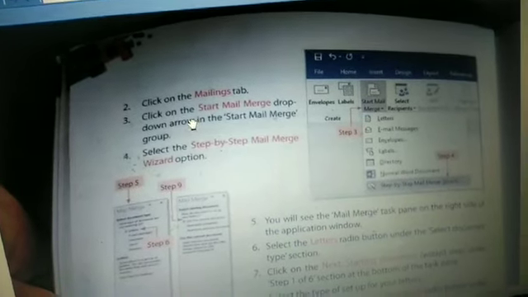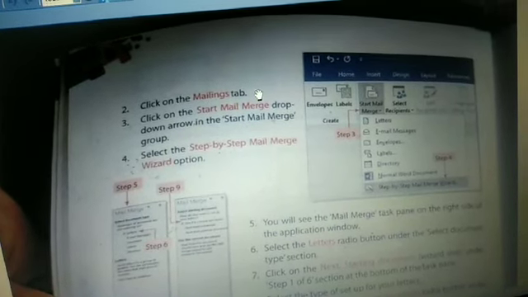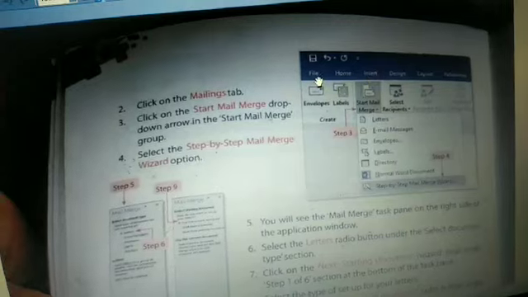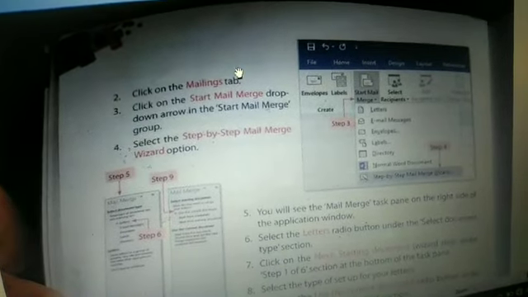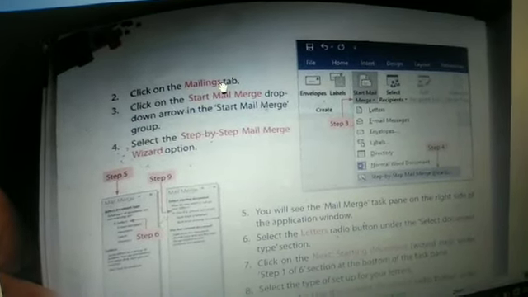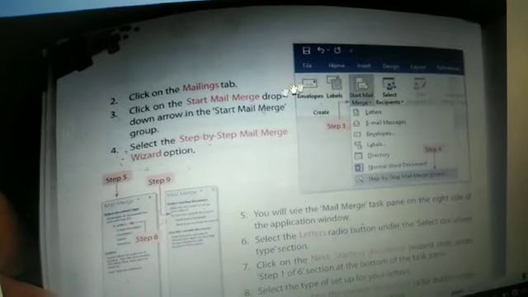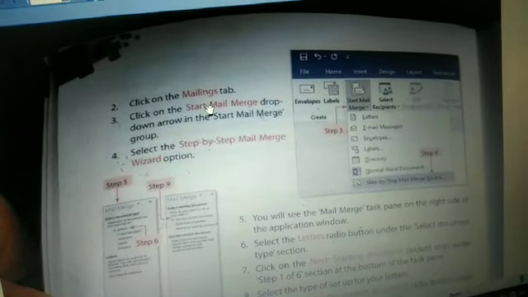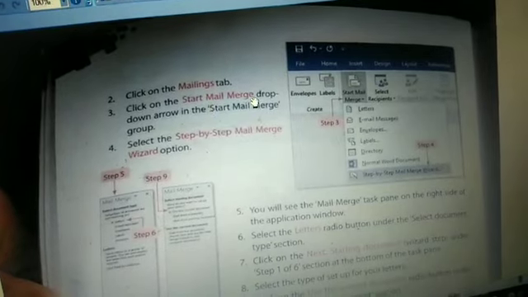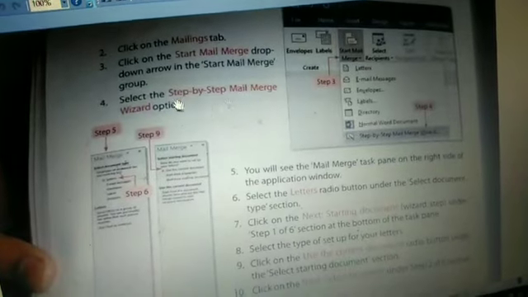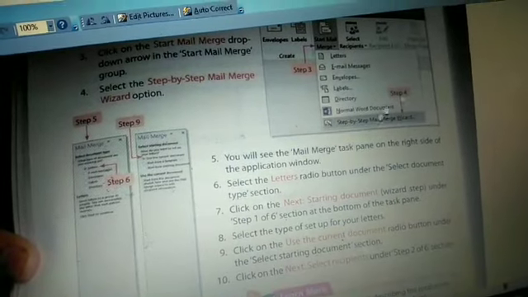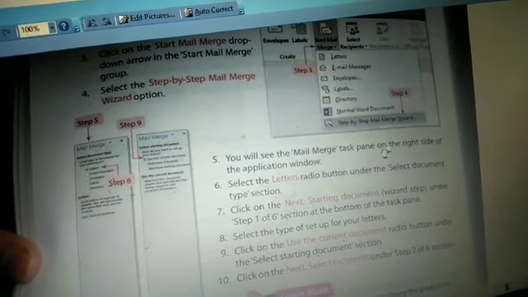Okay, after completion of your letter, if you look at the top, you can see the option called the Mailing tab. So you have to click on the Mailing tab, then go to Start Mail Merge, and select the last option, Step by Step Mail Merge Wizard.